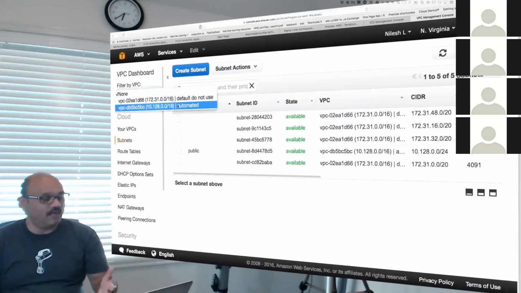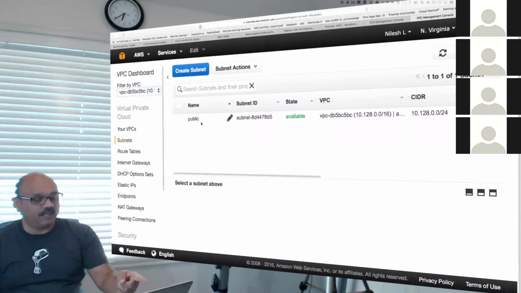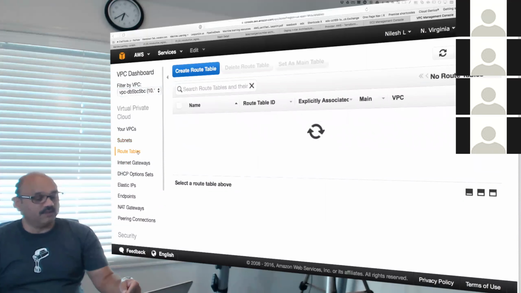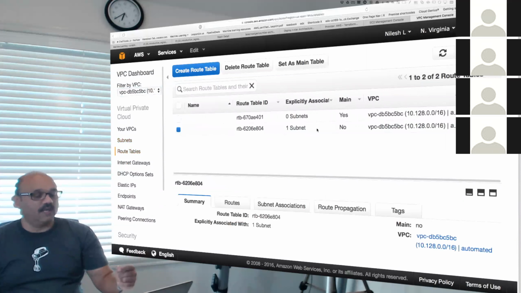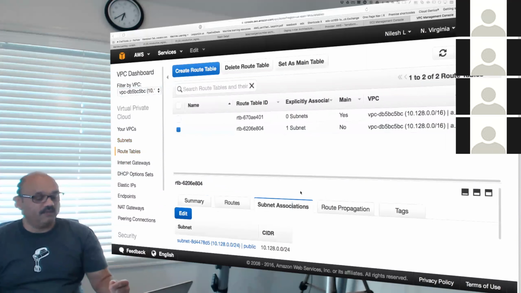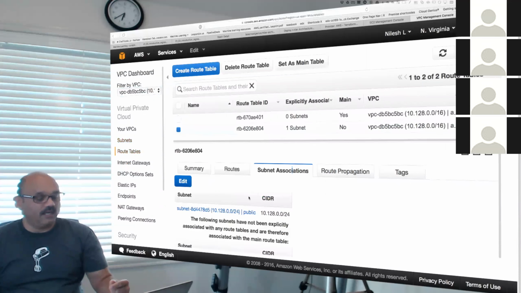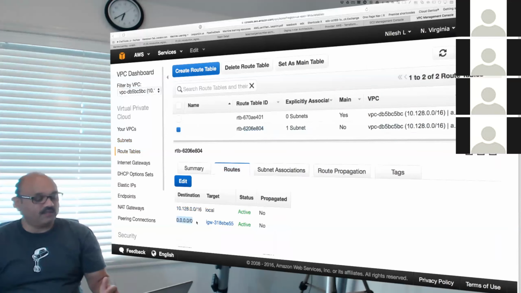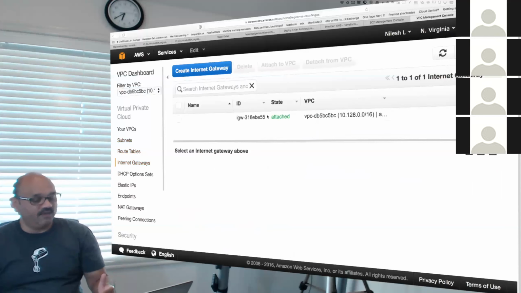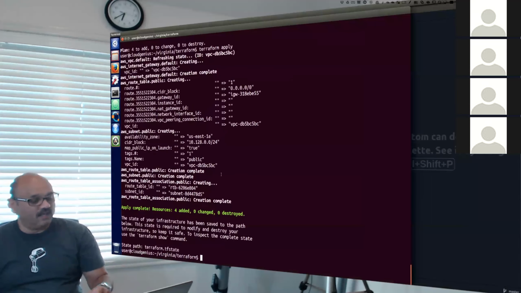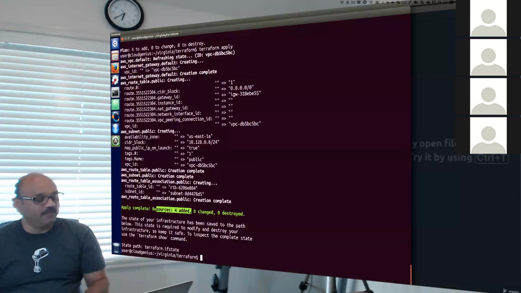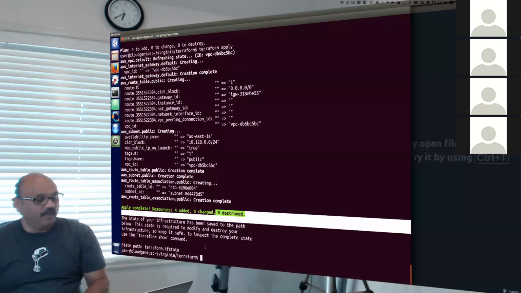And you will filter down to the automated VPC, and there is one subnet called public. You will also filter to the route tables, and you will see that there is this route table created, which is associated with the public subnet already. As you can see, the association created. You will also see that this particular route table has a route defined to go anywhere on the internet as you like, using the gateway ID EBE55, which is this gateway ID EBE55. And that is what it did. It successfully did, and it told us that I completed the apply function. I added 4 resources for you. Nothing changed, nothing destroyed. And I'm ready to do the next thing.